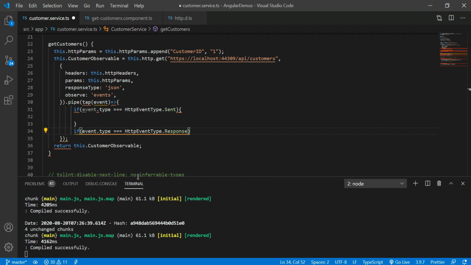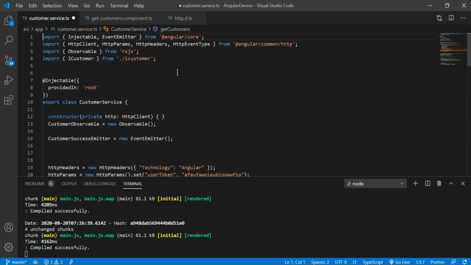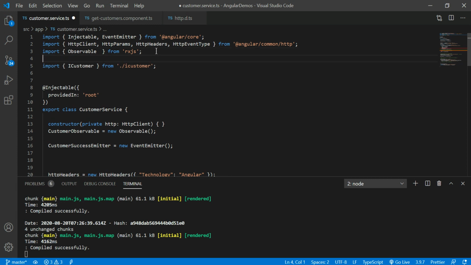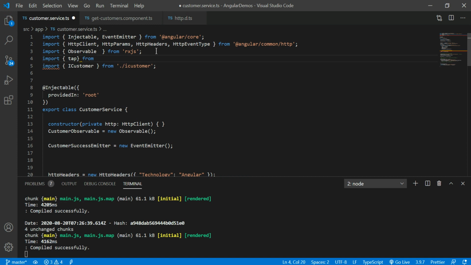Now I want to make this code change. Let me add this tap operator under the RxJS operators, not under RxJS. Import tap from rxjs/operators. You have to import tap from the RxJS operators. So by using the tap operator, you can do that.